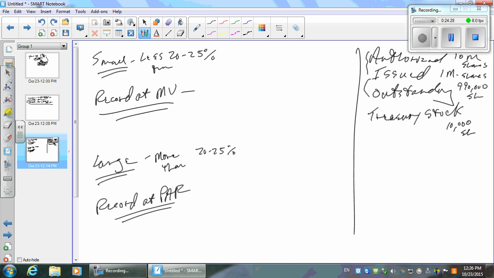Another reason you might buy treasury stock is that you think your stock is selling for too low a price. You think the market doesn't realize how wonderful your company really is and what your stock should be selling for. There's actually some evidence that occasionally the company starts buying back their stock, like they decide to buy 10% of their stock back. And that, of course, drives up the market price because you're buying it out in the market. There's some evidence that sometimes it actually works, and the price stays up like that. But what happens most of the time when the company starts buying back their stock? Nothing, because it was appropriately priced in the first place, right?